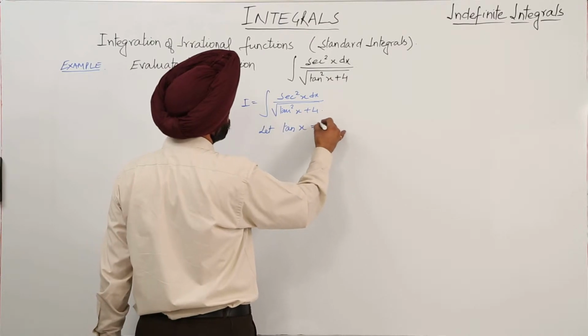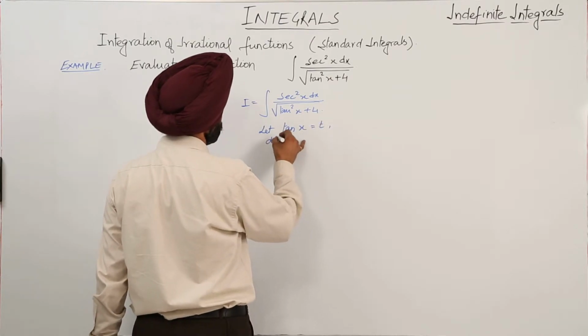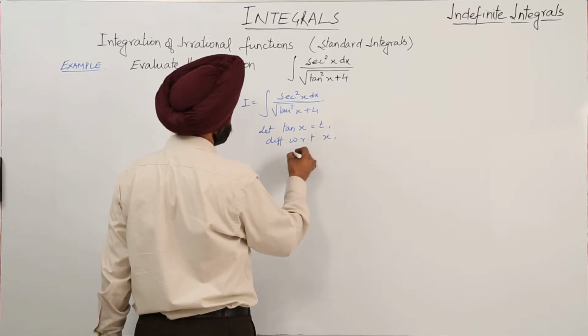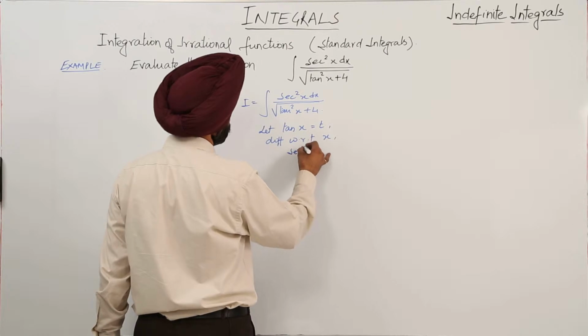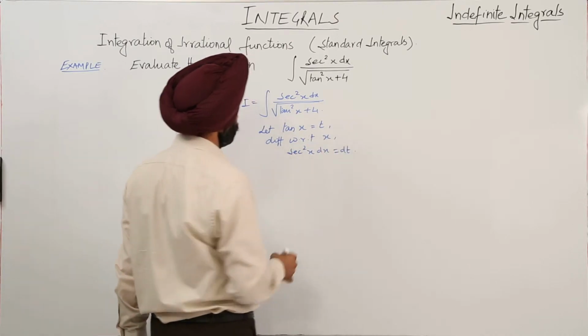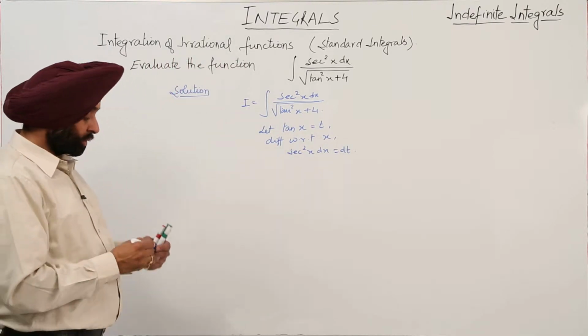Let tan x equal t. Differentiating with respect to x, secant square x dx is equal to dt. Now the question reduces to